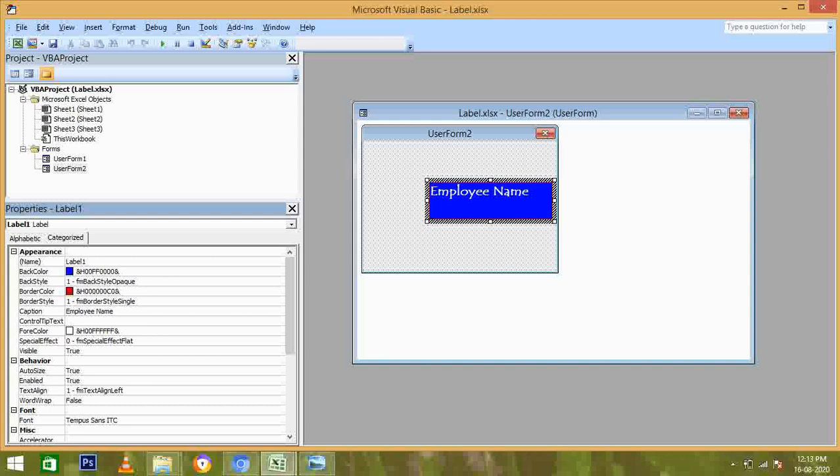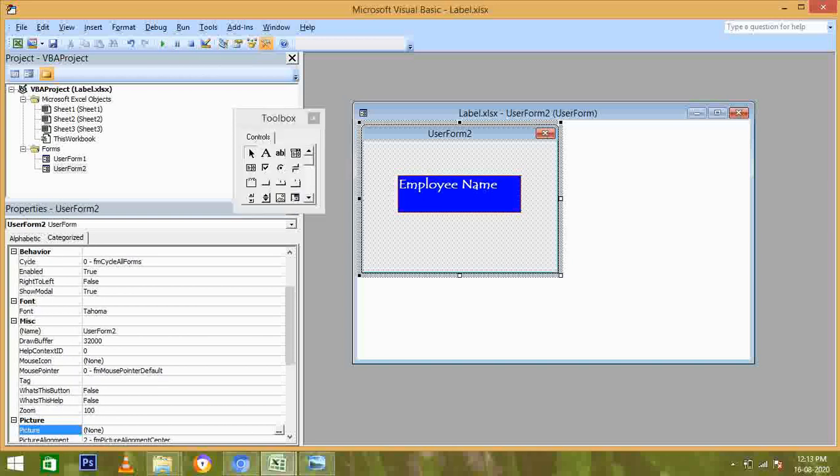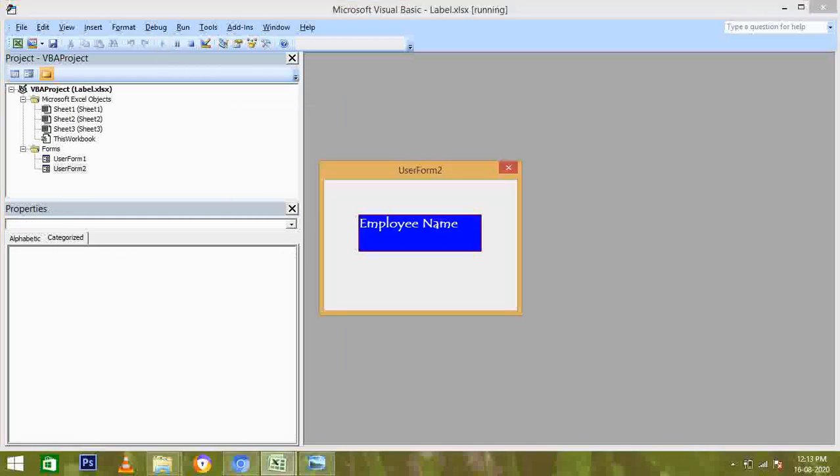One property that we have discussed while giving the theory, I told you that it can't be changed during runtime. So let's run this. I'm running this user form. I will select this user form and just run it. You can see I can't make any changes. I am typing a lot of things from my keyboard, but nothing is getting changed. So it has the property that it can't be changed during runtime.